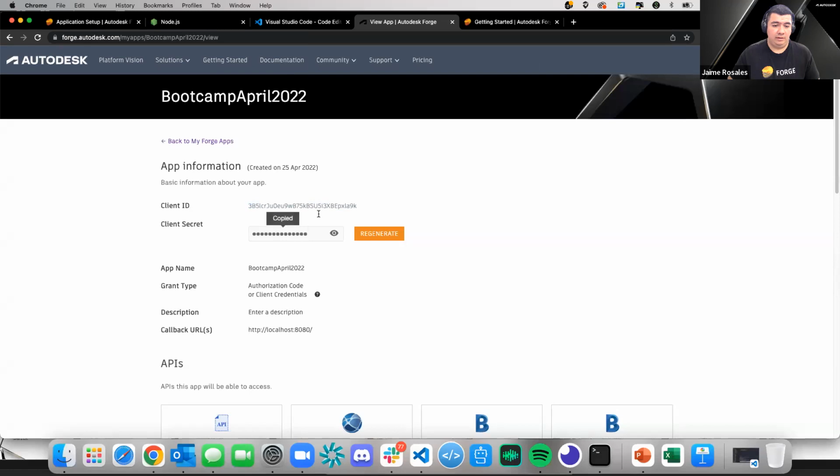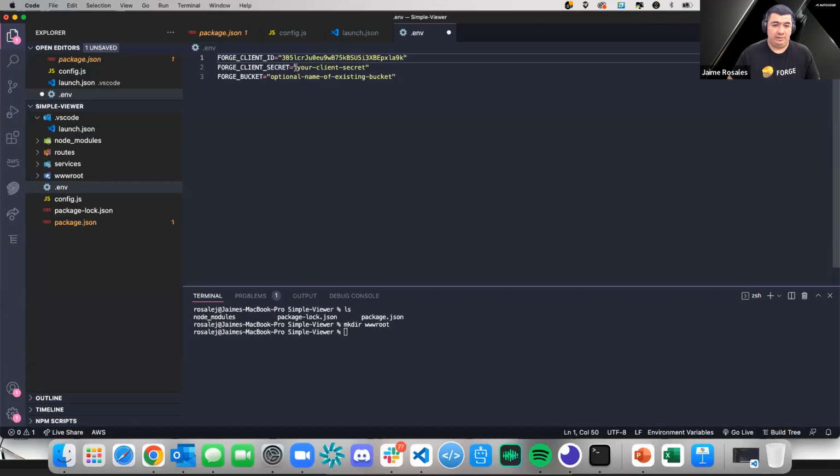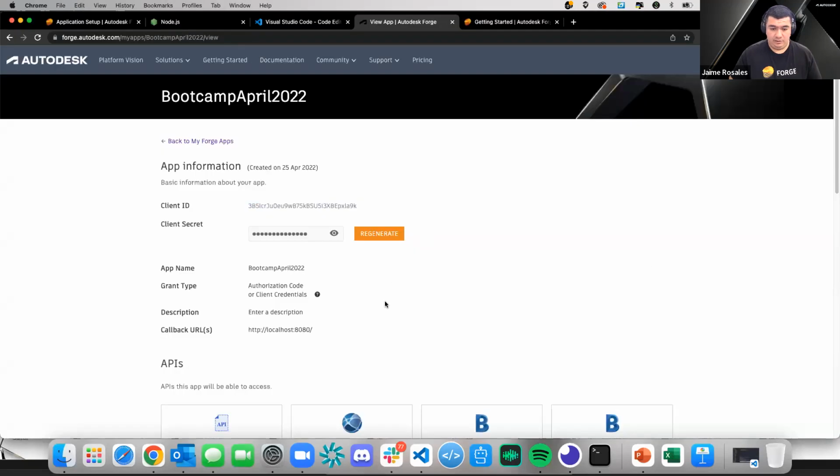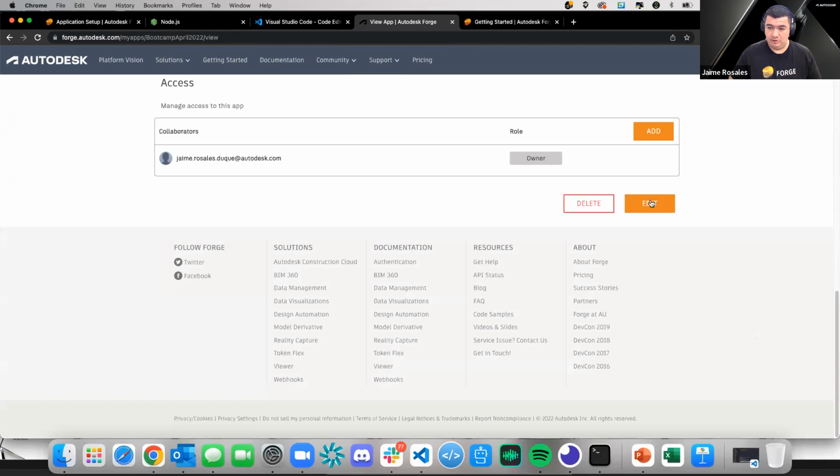Client secret. Don't worry, you're going to see it, but I can actually change it once I stop recording. Okay, so then save. I'm not going to do any Forge bucket because we're going to create a new one either way. But then we're going to do a change on this. So edit